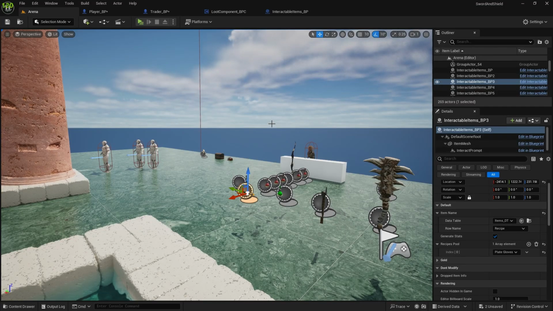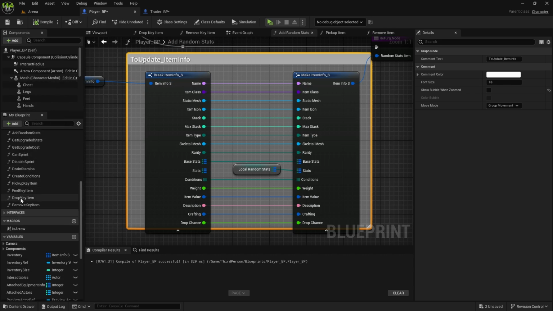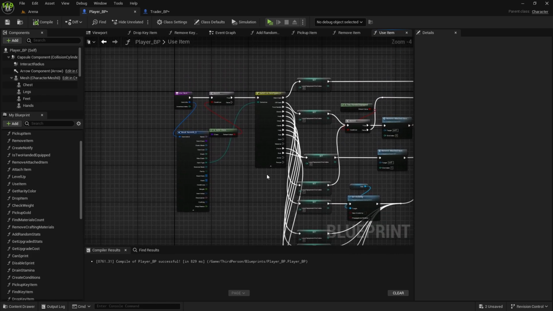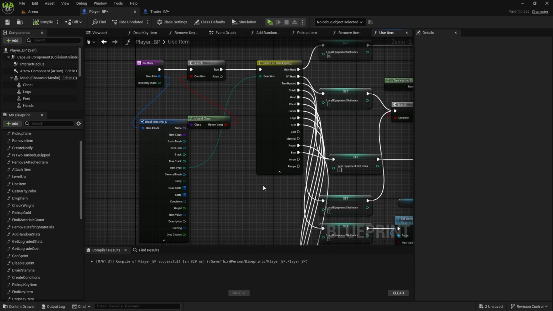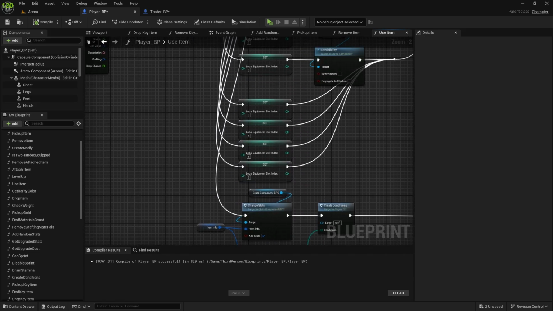So now second part, let's do the function that will use it. So we need to go to player. Let's close the loot component and interactable item, where we have a use item, I think. Yeah, use item. That's a function, and here we now have a recipe. So when we click on the icon, we will go to this function, and what we need to do is